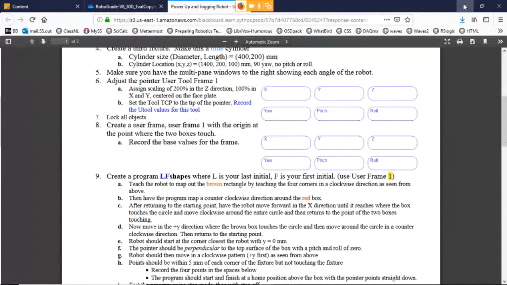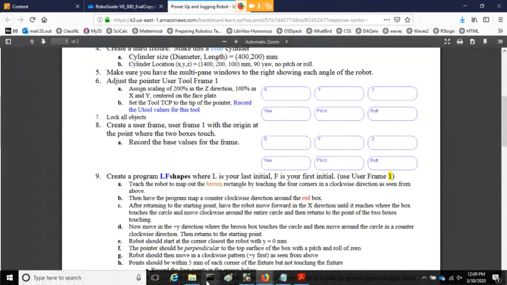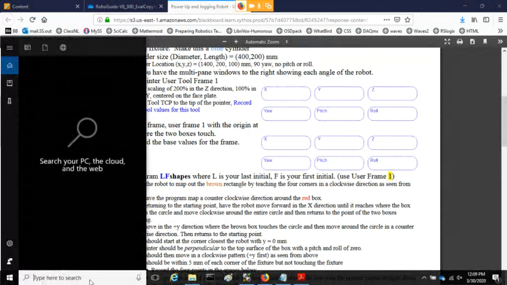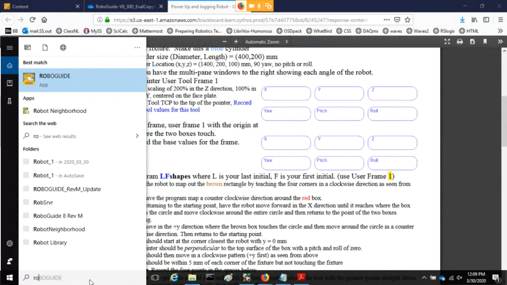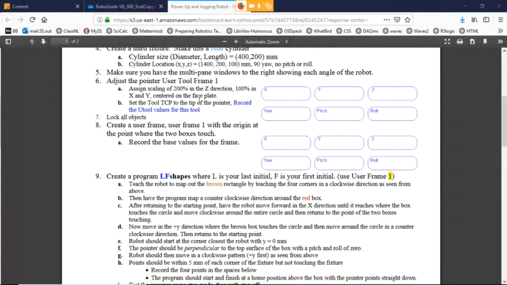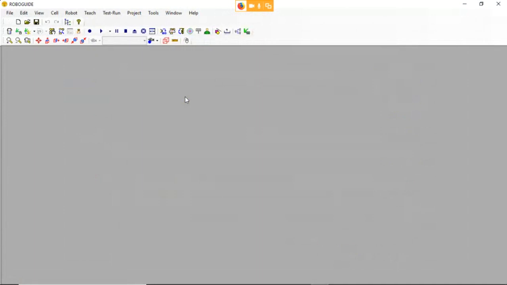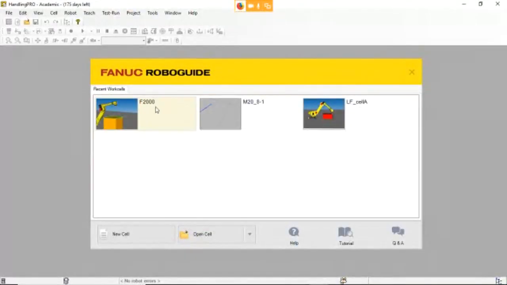All right, so anyhow, I'm going to start Roboguide. I'm going to start a brand new copy of Roboguide because that's what you're going to have to do. So we're going to load up Roboguide. And remember in the classroom, we had to play those games with going into tools and options. Well, here we don't really have to. On your own PC, you should be good to go. So you just come down here and say new cell